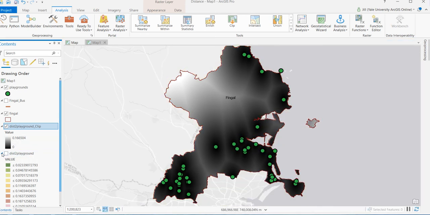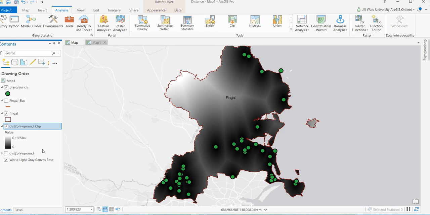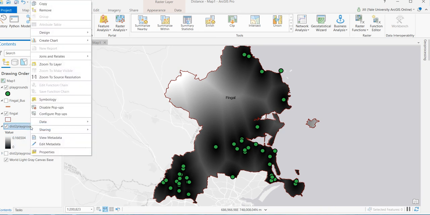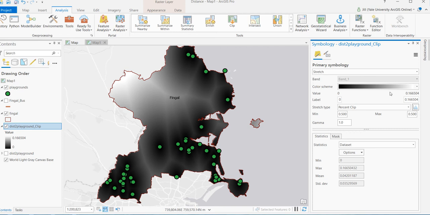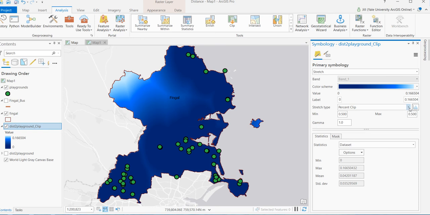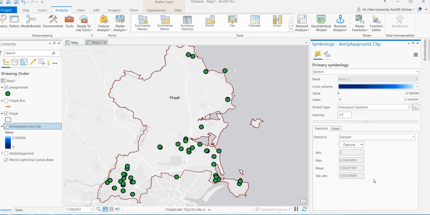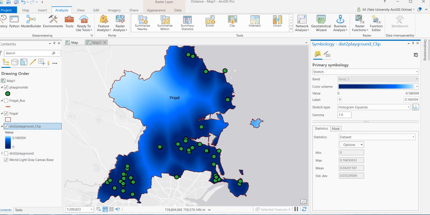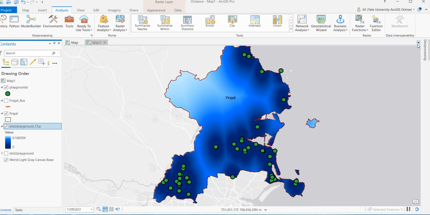I turned off the old distance to playground. And maybe I'll again change the symbology just to make it a little easier to see. If we use that blue again, that was nice. And I think I used histogram equalize. There, that's kind of attractive. Now, just within Fingal County, you can see all of the land colored by distance to one of these playground